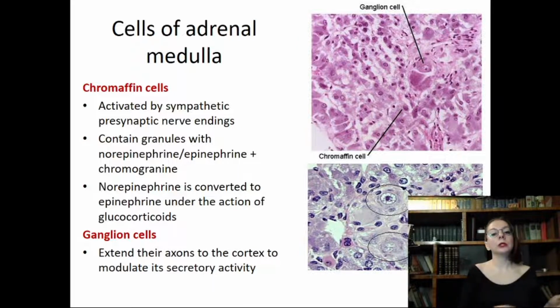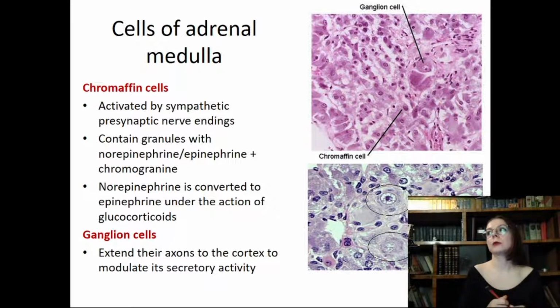Okay, what activates chromaffin cells? Chromaffin cells are activated by sympathetic nerve endings, so they are under the control of the nervous system. And they contain granules with norepinephrine or epinephrine. Different cells produce different hormones. So epinephrine producing cells have smaller granules. And except those two hormones, they contain chromogranin protein, and this protein is discharged to the blood or lymph together